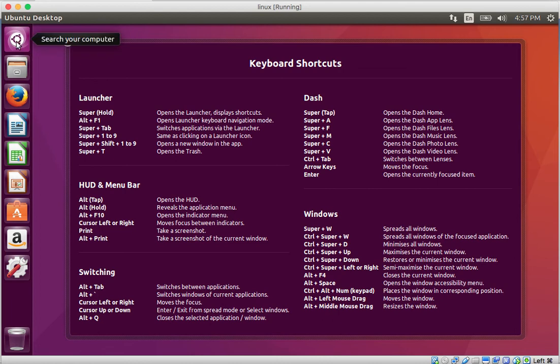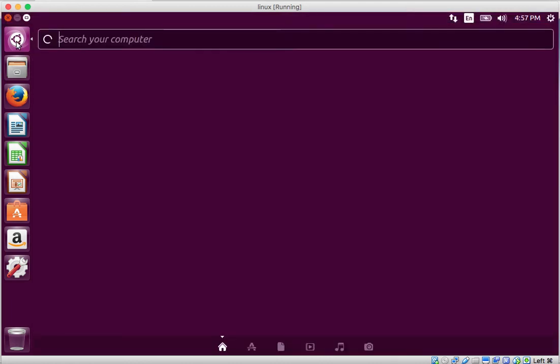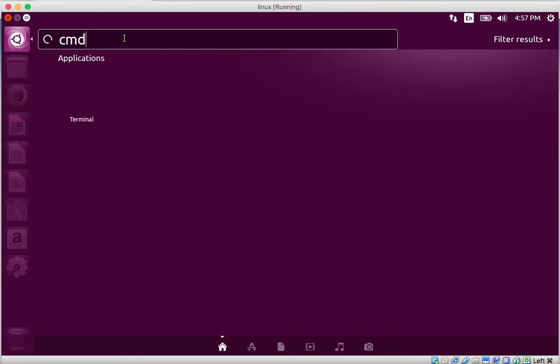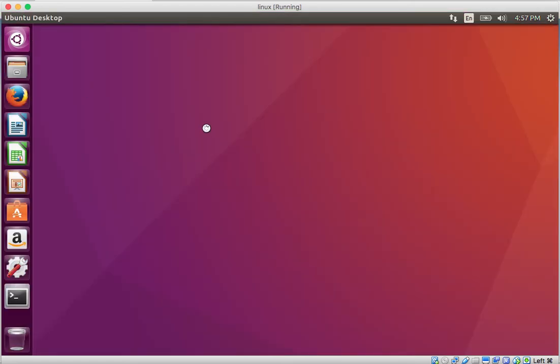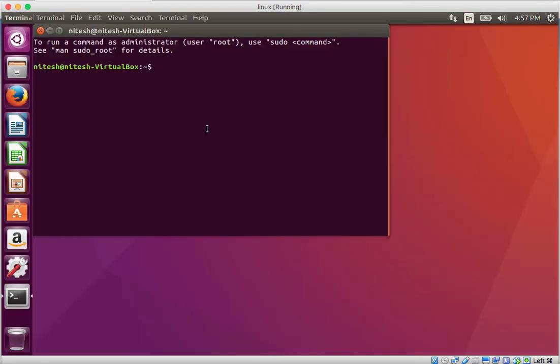So now let's start opening the command prompt, and then we'll be installing Apache, PHP and MySQL. Before doing that, we need to run the command sudo apt-get update, so that it updates with the latest